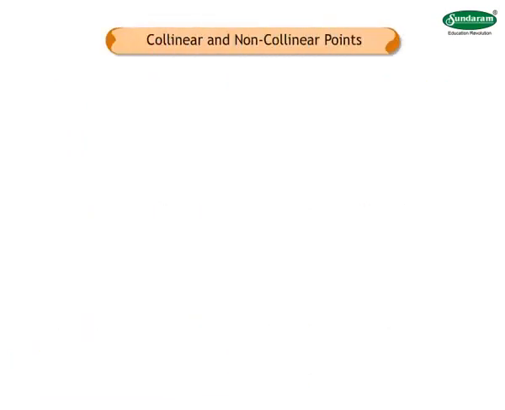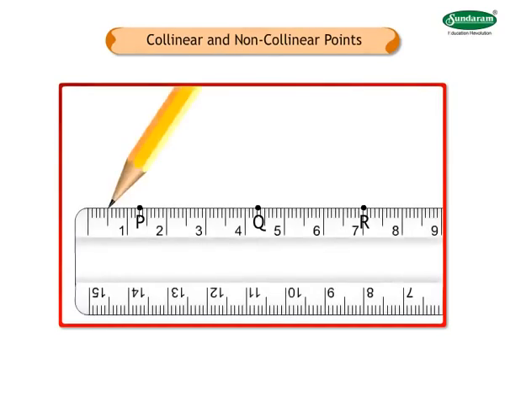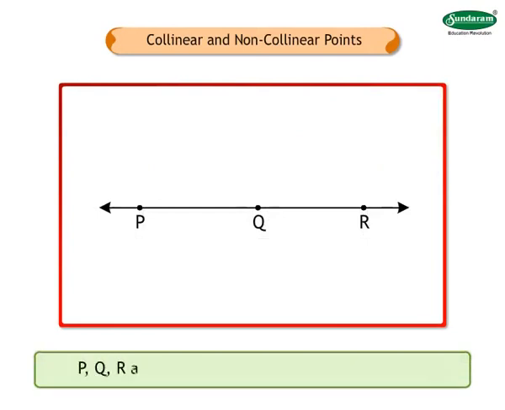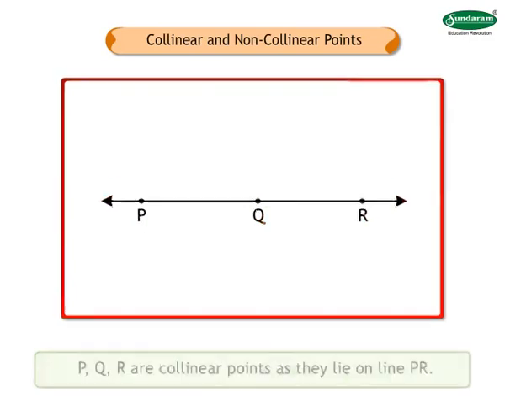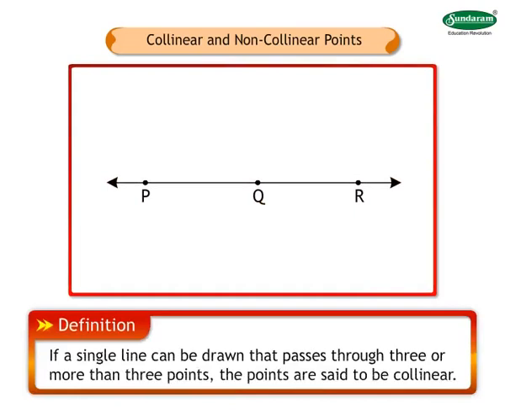What are collinear and non-collinear points? Mark 3 points P, Q, R. Draw a line passing through the 3 points. We can say points P, Q, and R are collinear as they lie on the same line. If a single line can be drawn that passes through 3 or more than 3 points, the points are said